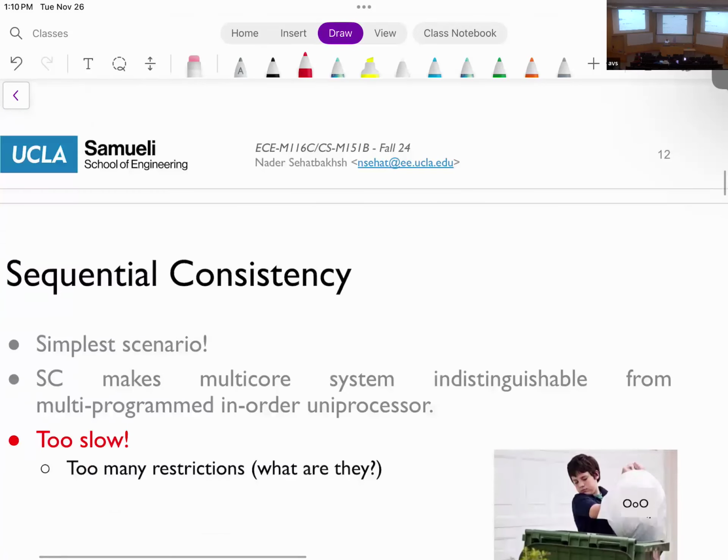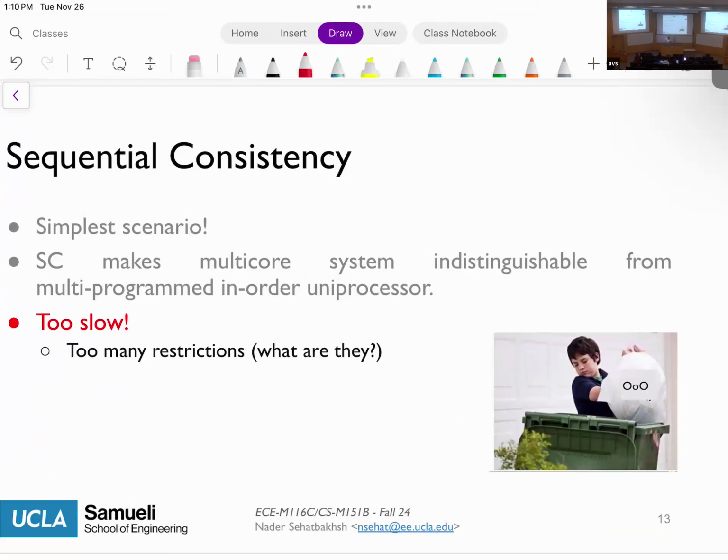Okay? The negative thing about sequential consistency is that it's going to be very slow. It's like throwing many of the optimizations that we introduced in out-of-order processing into the trash. Because there are many scenarios where you want to issue stores before loads, or loads before loads, or stores before stores. Again, remember that this is different from a RAW data hazard because we're talking about independent, different addresses, not the same address.